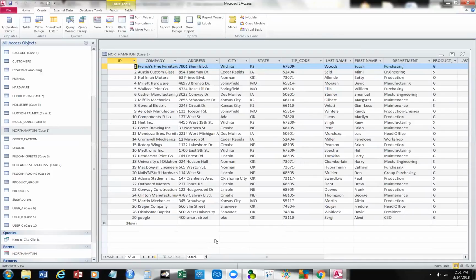Northampton case. Now, one of the things they asked us to do, it says Delgado's traveling to Kansas City, this is the middle of page 152, to meet Jack Stellmeyer at Martin Mechanics and wants to know where other clients in Kansas City are. So they ask us to create a query and print a listing of all clients in Kansas City. And it should include these fields: company, client, first and last names, and title. Okay, well, let's